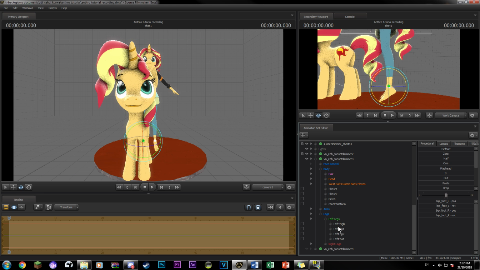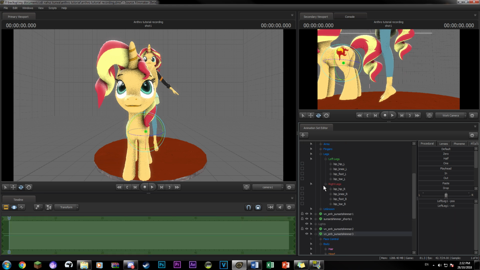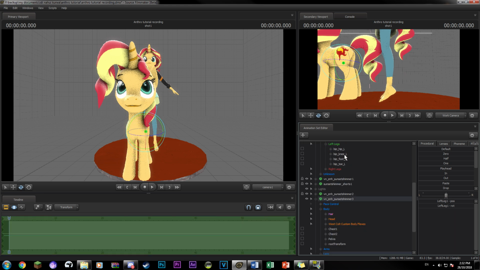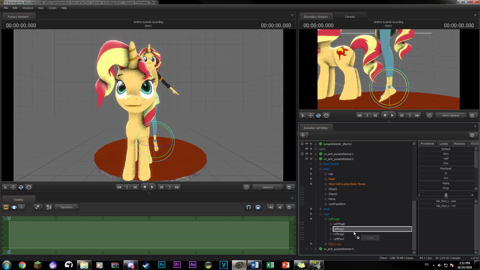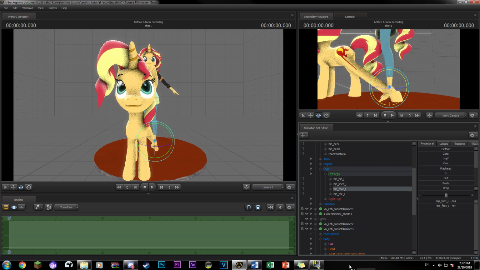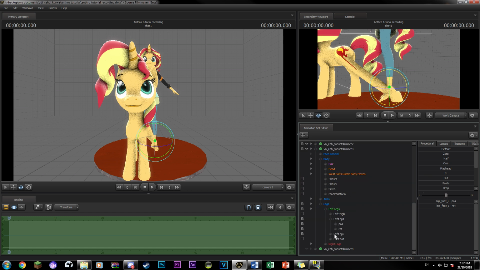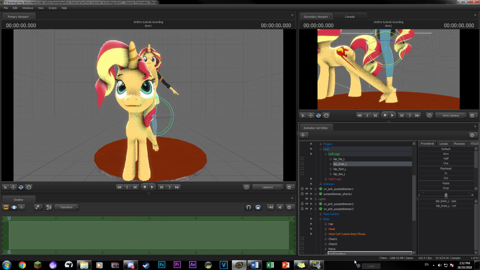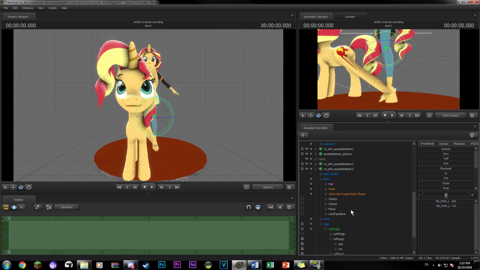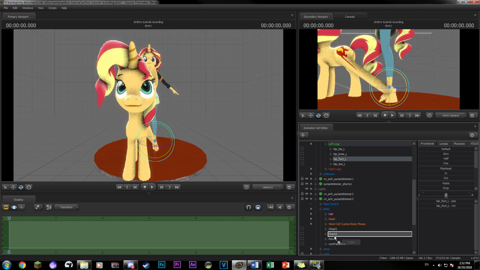Go to the leg controls for the pony model that you'll be using for the left foot and lock the left leg 1 control to Bipfoot L control on the body model, and then use the 0 slider on pause to move it to the general position. Do the same with left leg 2, lock to Bipfoot L again and using the 0 slider. Next you want to relock the left leg 1 control, this time to Bip Knee L. This will make it better for moving around later on.